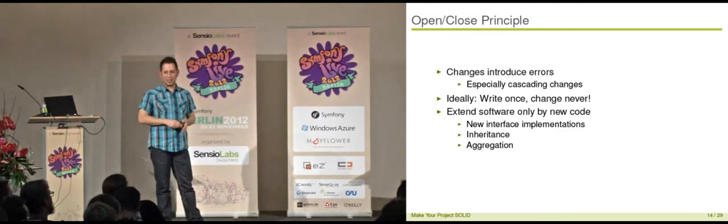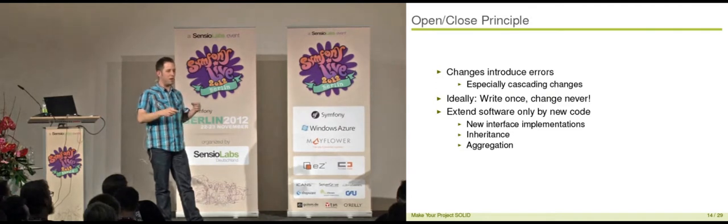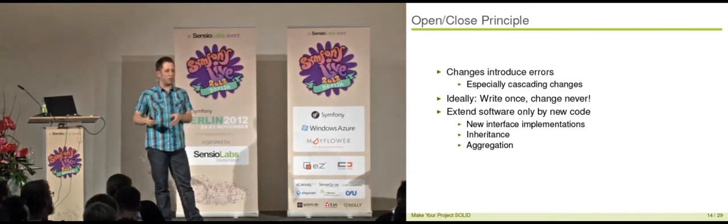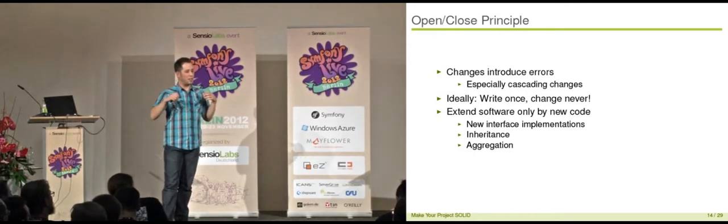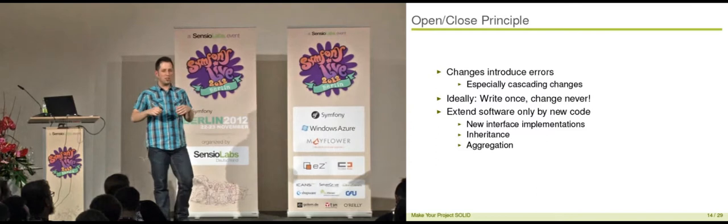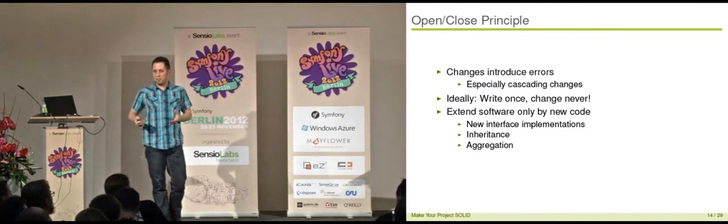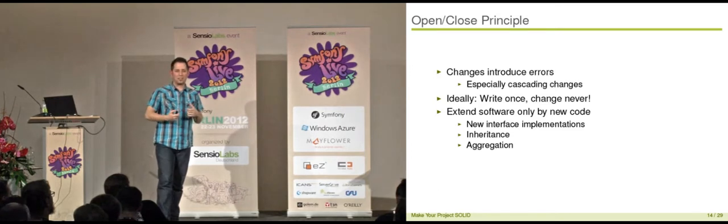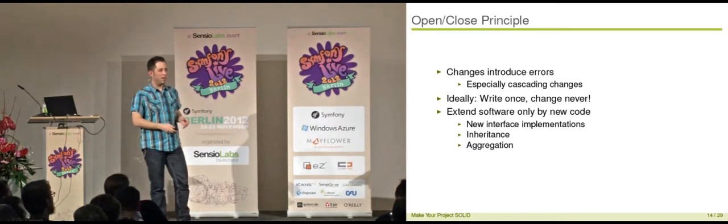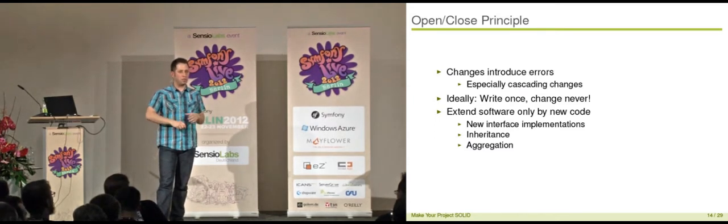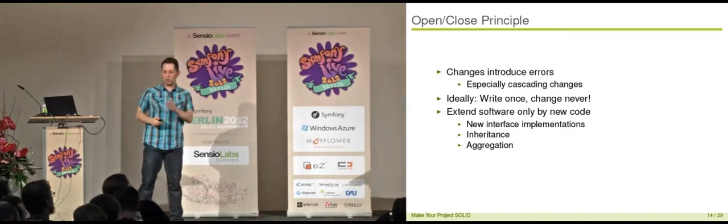Even if you don't have automated tests, if you have code which is in production for half a year, then you can be pretty sure that you ironed out all of the bugs that you originally put into it. If you now start changing that code, you again come into risk that this part of code breaks. So the intention is that you ideally write code once and extend your application by only implementing new instances, new interface implementations, new inherited classes, or by aggregating existing classes. That is the ideal world where you want to drive through. That might not be the possibility for you to achieve soon, but it's the idea where you want to walk straight on.